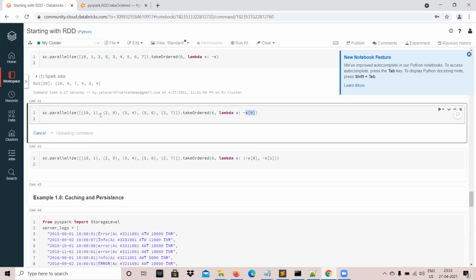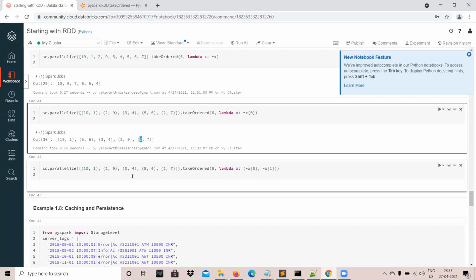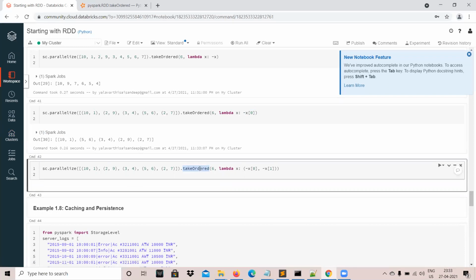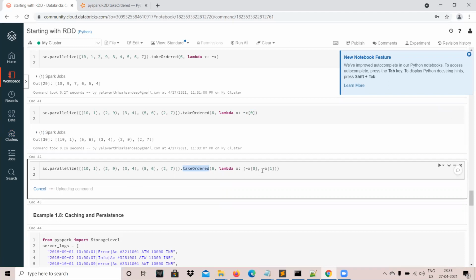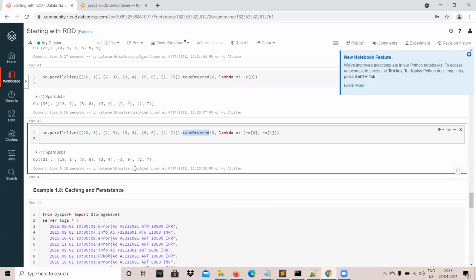So if you execute this, you see the first element is 10, then 5, then 3, then 2, then 2. Like this, things happen. And similarly, here you can see you have applied the ordering on both the elements in negative order. That you can also do. Within parentheses, we have specified minus of x[0], minus of x[1]. Pretty much similar output you are getting. That's how you can think of applying it.